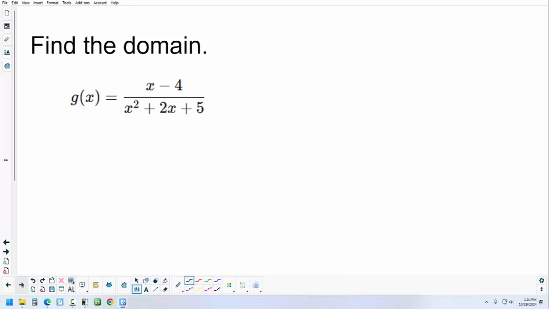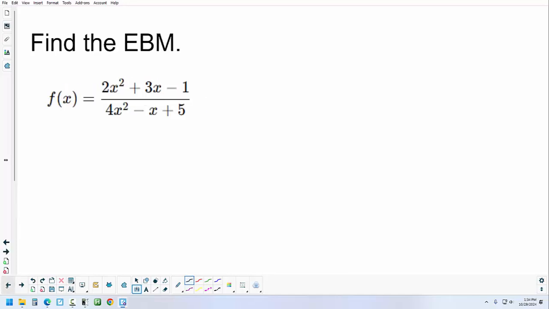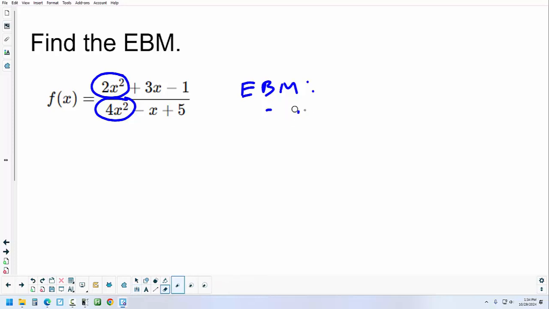Okay, so the last two things are EBM and domain. Most people did good on EBM on the last test anyway, but we'll just practice it. EBM is when you take the highest degree term that's in the top and the highest degree term that's in the bottom and you divide them. Let me write it this way. It's the highest degree term. And when I say degree, I'm looking at the exponent. It's the highest degree term